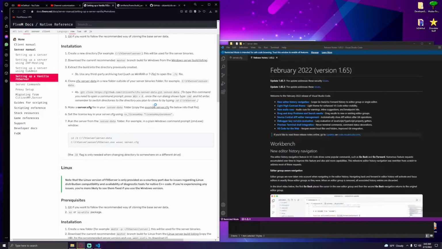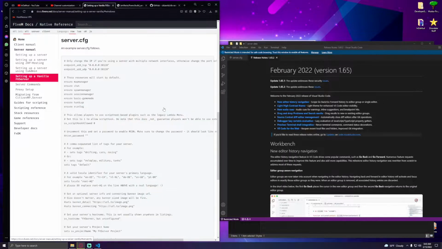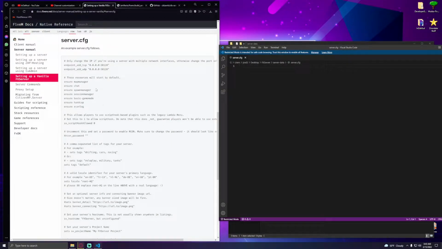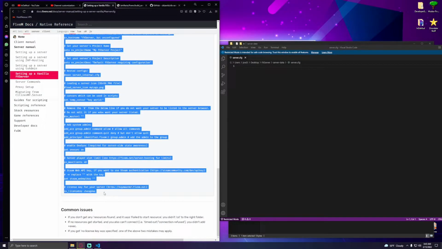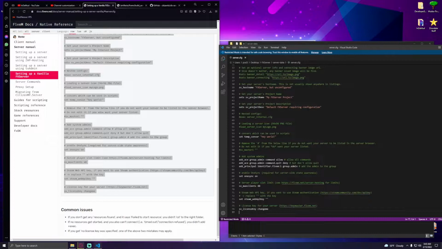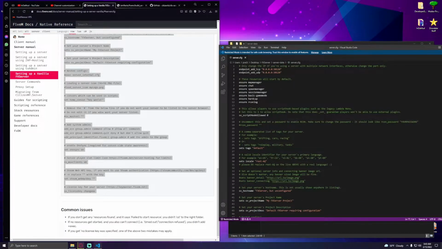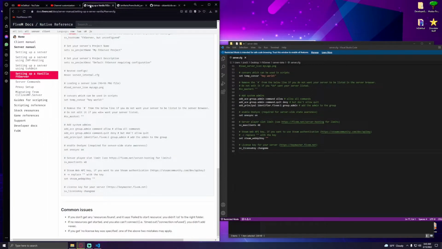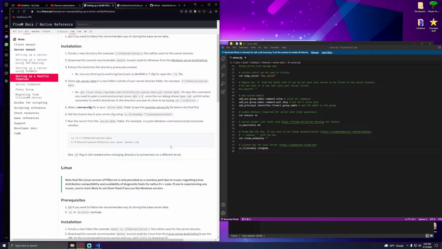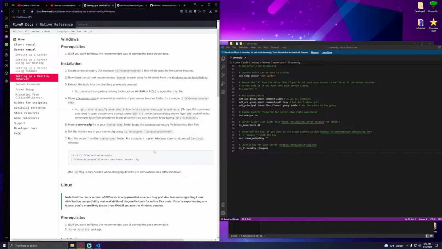Now we're going to want to go to the example server config. We're going to highlight everything and paste. Now what you're going to want to do is set up your server license key. You're going to want to go back to here, go to this